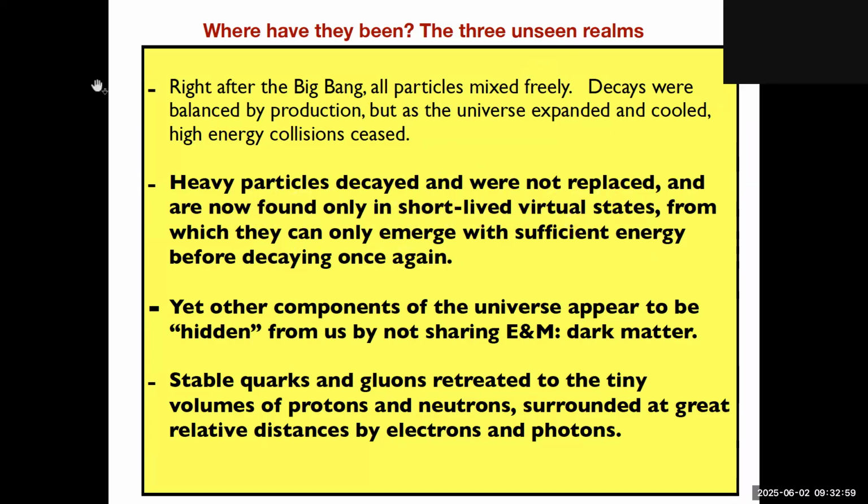What do we mean by heavy particles? In this case, the heavy quarks. We assume the Higgs did whatever it does to give masses to the quarks, at least the heavy ones. How the light quarks get their masses is probably the Higgs mechanism, but we don't have the direct evidence that we would get, say, for the top quark, the bottom quark, and to some extent the charm quark and the tau lepton. So the heavy particles, they're not here.